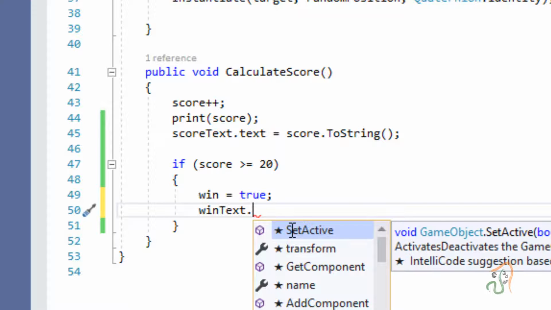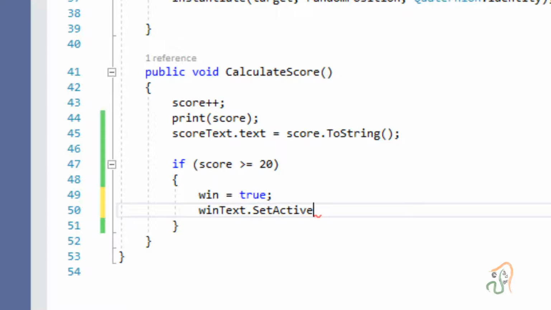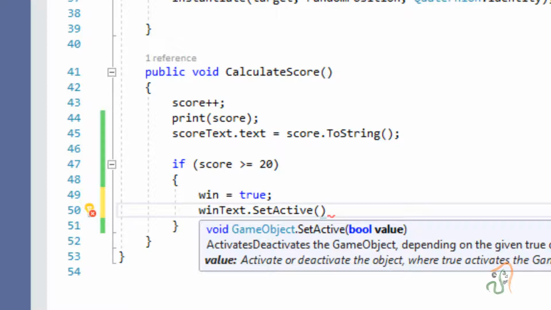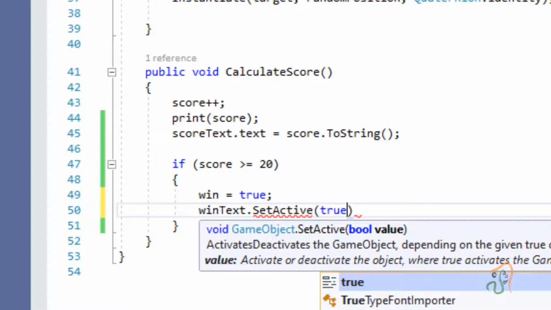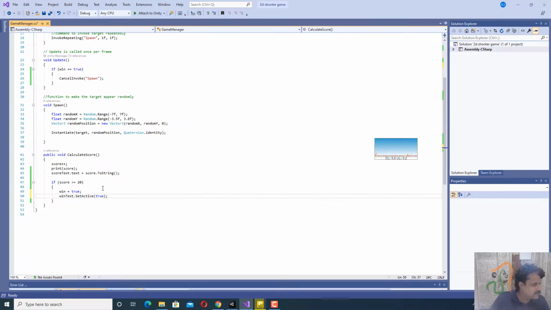Type a period and use the function SetActive. Select this SetActive function, and in the open-close brackets type true and close it with a semicolon. So now when the score becomes greater than 20, winText will become active.